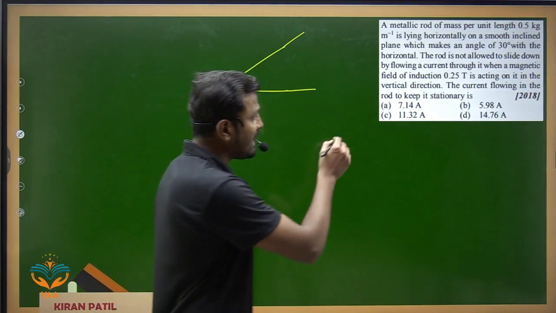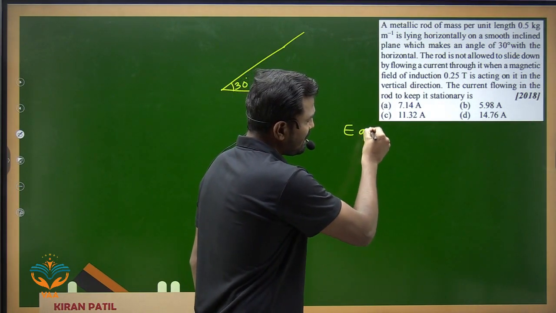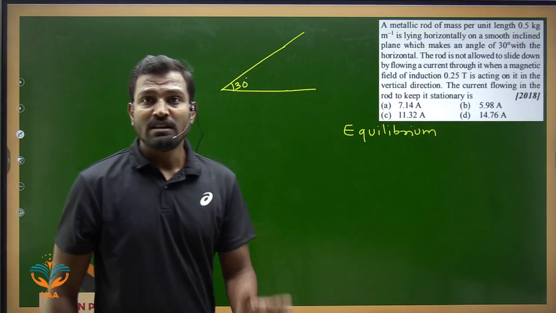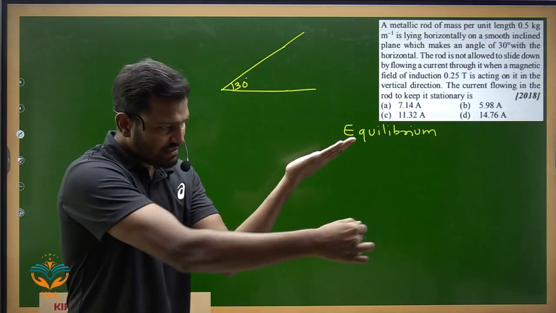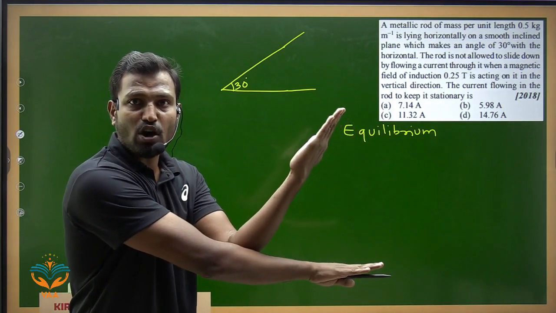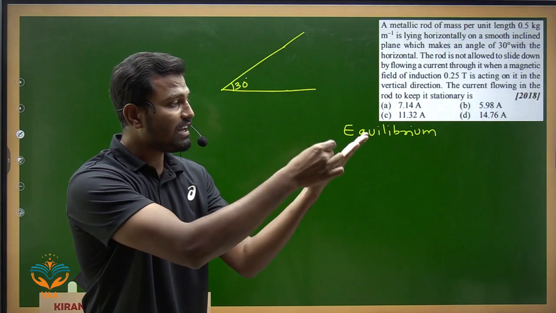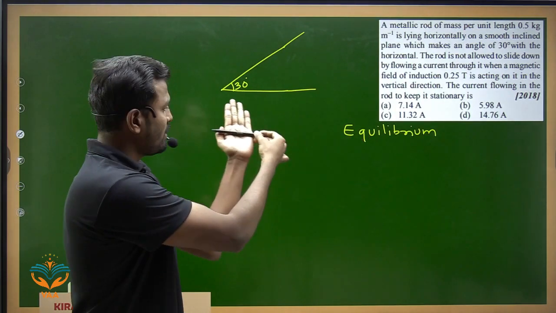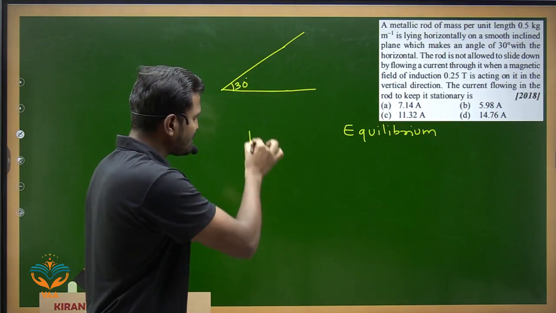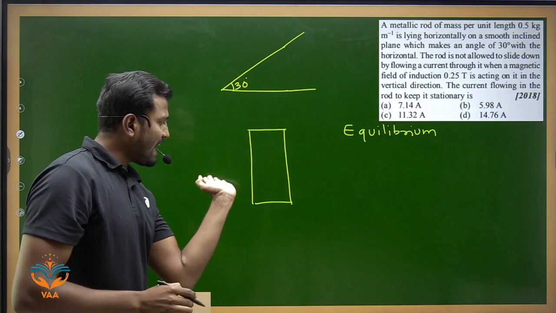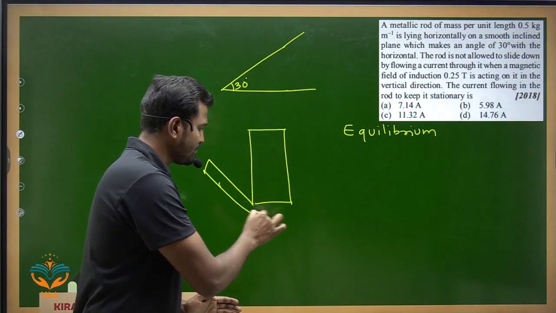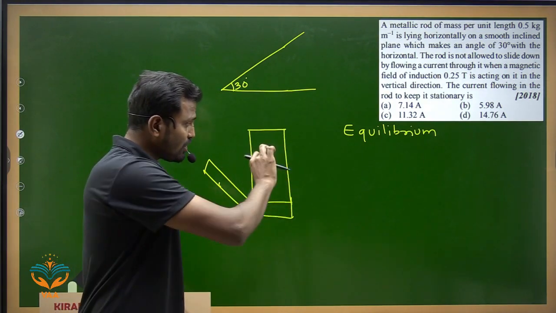That means, first of all, understand the rod is in equilibrium. The rod is in equilibrium. That means, understand, there is a plank like this. Fine. This is the angle 30 degree. This angle is made 30 degree like this. The plank rod is kept. Fine. Now this rod is placed like this. If you observe, if I look at this plank from the front view, the plank will look like this to me. The angle is like this, and this is the concerned angle. This other plane is like this. Fine. If you observe, the rod is placed like this.